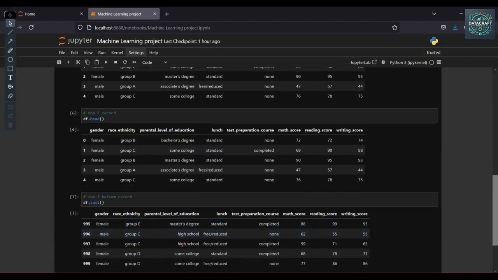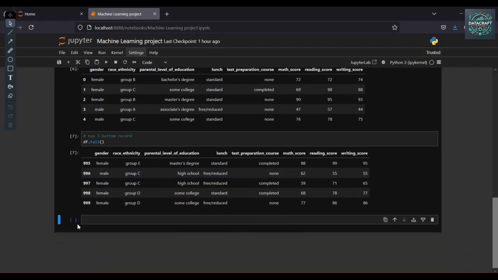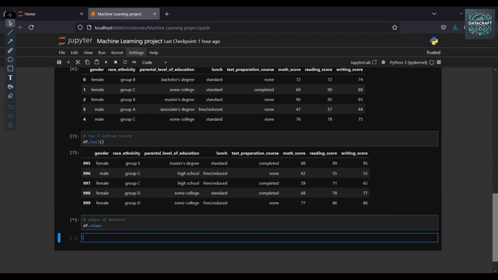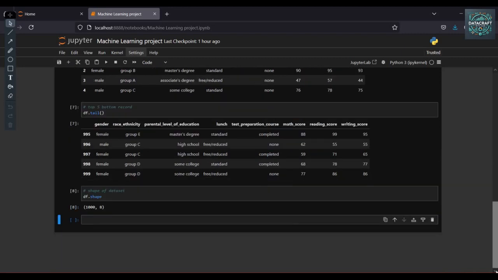Alright, and I need to check out the shape of this dataset, df.shape. In this particular dataset, the total number of rows is 1000 and the total number of columns is 8.